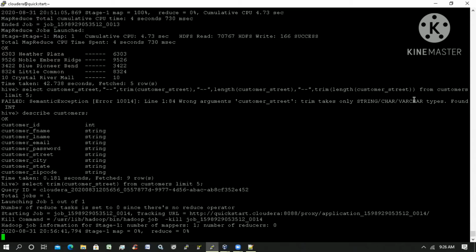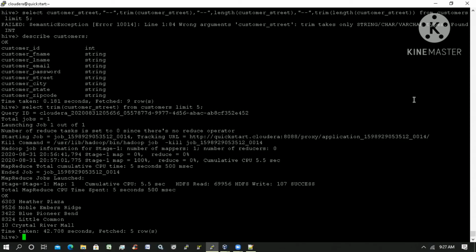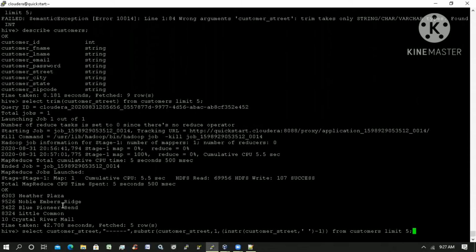It can't be TRIM of length of customer. My intention is, after trimming the data, I want to check the length. You're not trimming the length, correct? Yes. Fine. Here we got the result, but we can't identify it exactly.